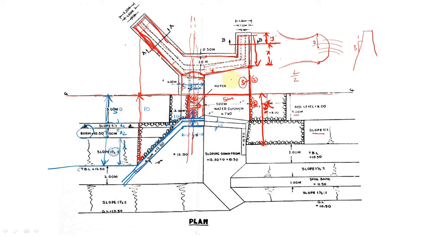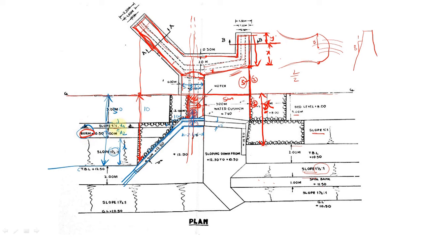After drawing this bottom plan, you can go with the top plan. You must have visualization of where the TBL is, where the spoil bank is, and where the slope is. Spoil bank means if there is any extra material from excavation, that material can be used to create another bank, that is the spoil bank. You must remember these values, like minimum slope 1.5:1. It is not given in the problem, but you have to show it, these values, berms, everything.